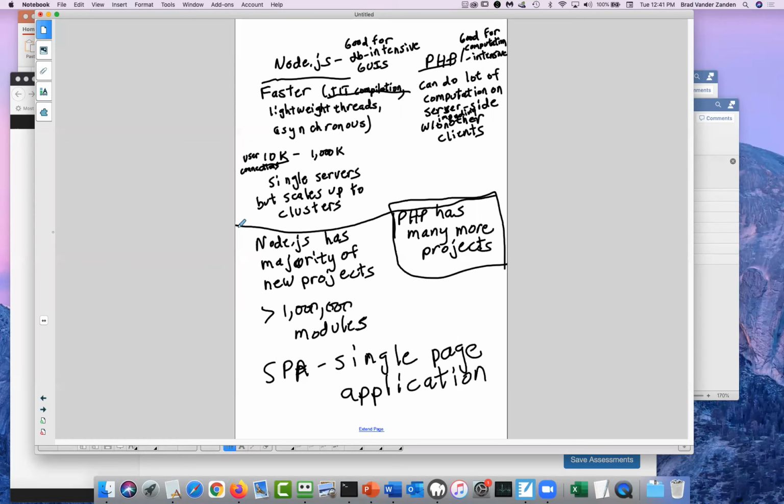You're less likely to end up on some new project that's using Node.js. Hence, given that I had 7 weeks to devote to one or the other, I devoted it to the PHP backend because I think it's more generally useful.